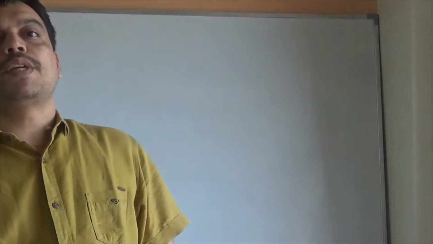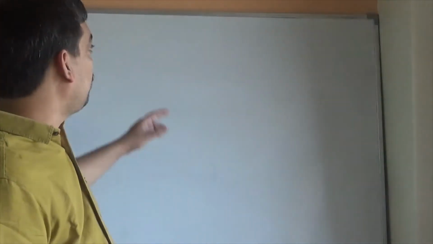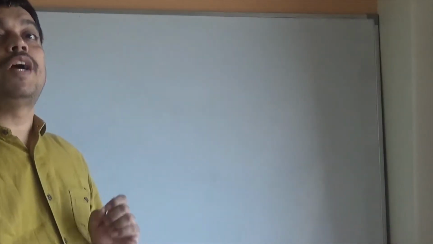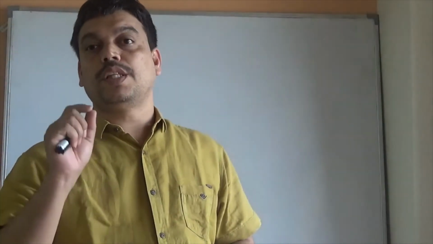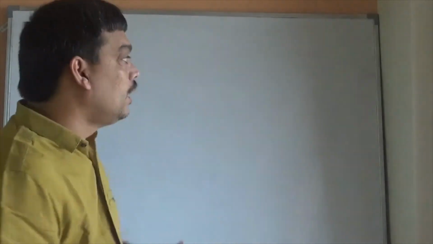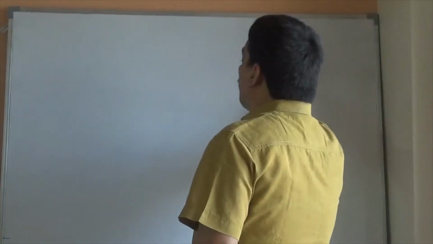So in the previous lecture on circles, we discussed the equation in parametric form, and in this lecture I am going to discuss how to find the equation of a circle passing through three non-collinear points. So, given three non-collinear points,